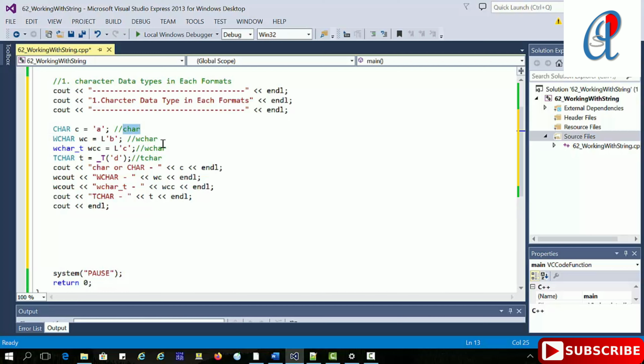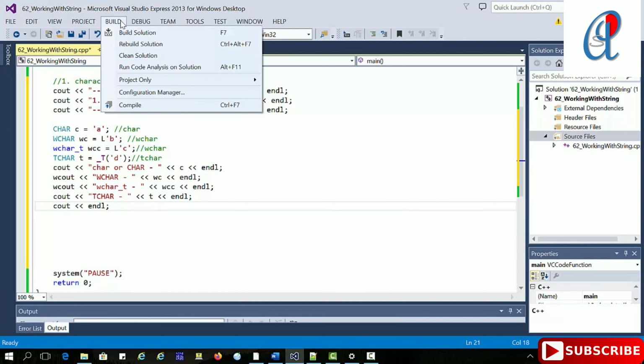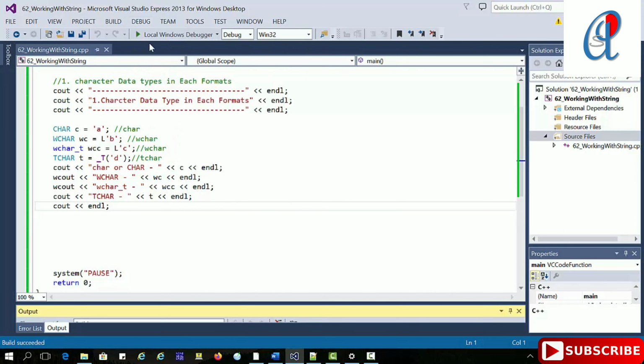Here I am using WCHAR, so you can write it like that or like that also. This one is TCHAR, normal. We'll see one by one. This is the basic way of representing the character in different Unicode and ANSI styles. Just build this.